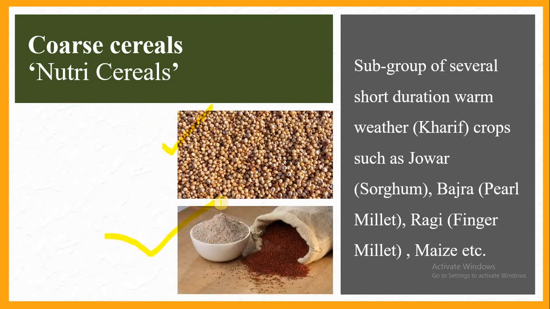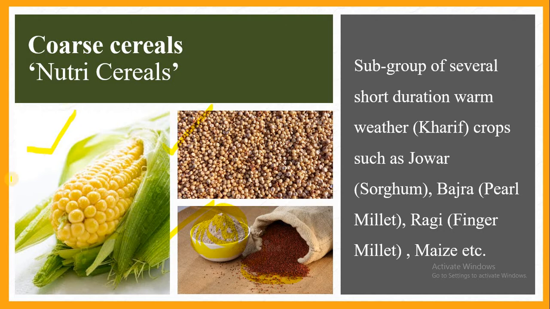You have ragi. Ragi is converted into ragi powder and consumed as ragi balls, or ragi malt, or various items which are made of ragi. And there is maize also, which is one of the major crops. These are examples for